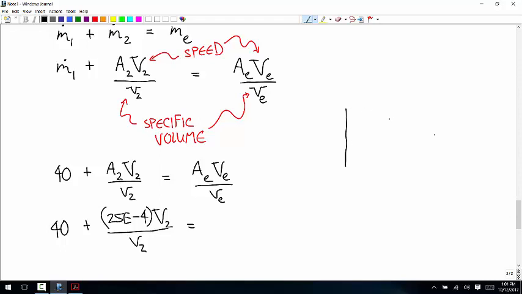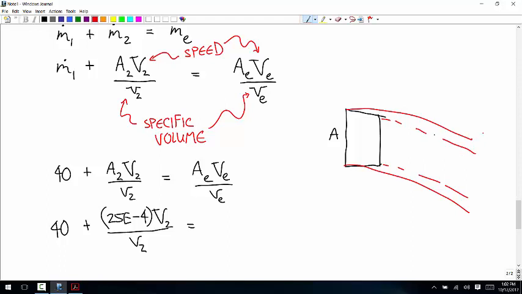If you have an opening with an area of A, and you're extruding some